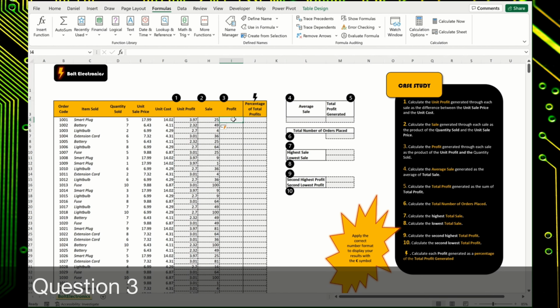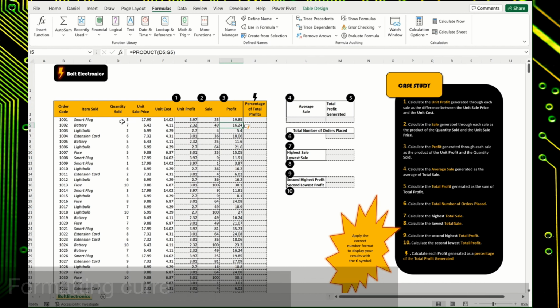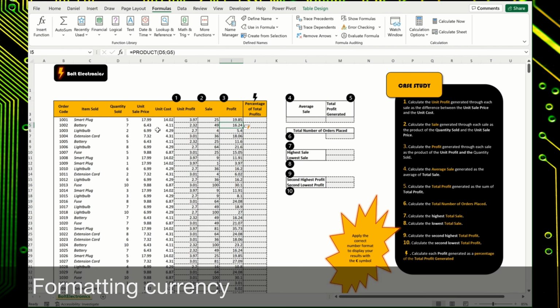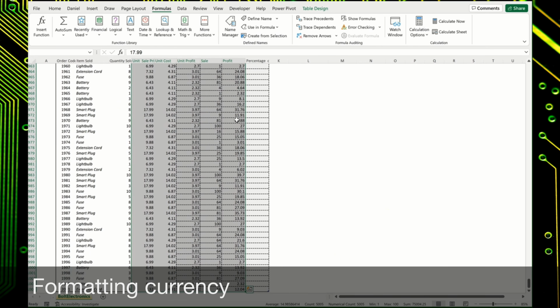Next, profit is calculated as the quantity sold multiplied by our unit profit. Ideally, we'd like to see all these numbers represented in euros. To do that, we can start with this number here. Press Ctrl, Shift, and right arrow to select all our values up to here, and then Ctrl, Shift, down arrow to select them all